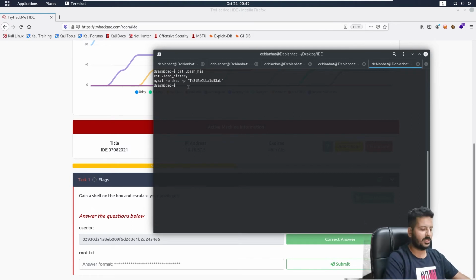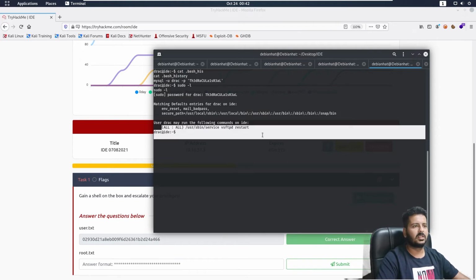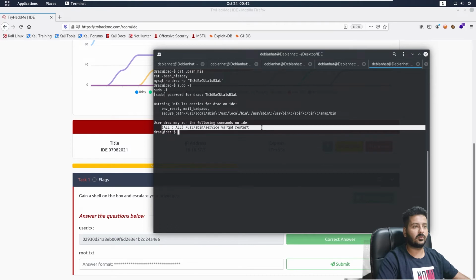So there I've copied, and what I'll do is look for some sudo permissions. Let me copy paste it there. And boom, there we go. We have some of the permissions that this user can run. That is, the service vsftpd is something that this user can run as sudo. Okay, that is, we can restart something like that.